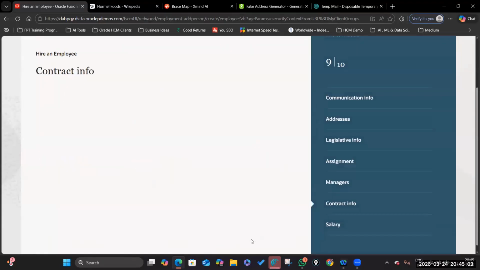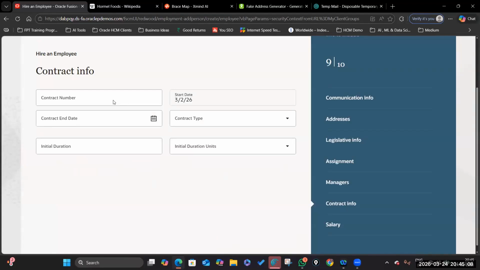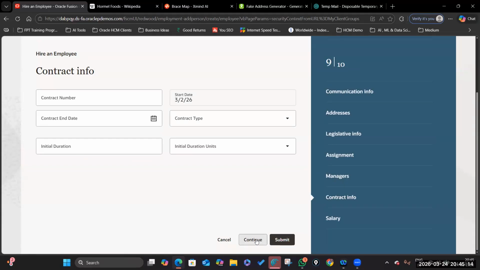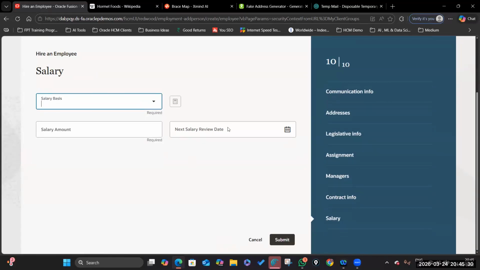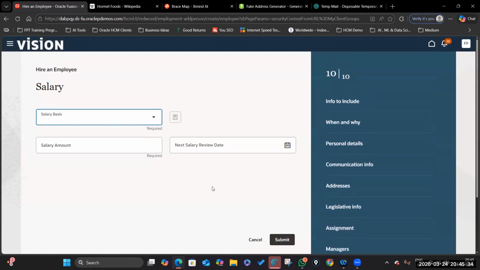Click on continue. If he is working on any particular contract, we need to give this contract information. Otherwise, we don't have to give this contract information. So again, we have selected our own salary basis, so we should not have selected this one